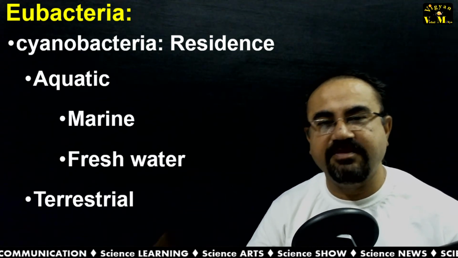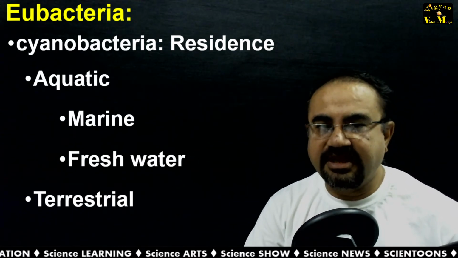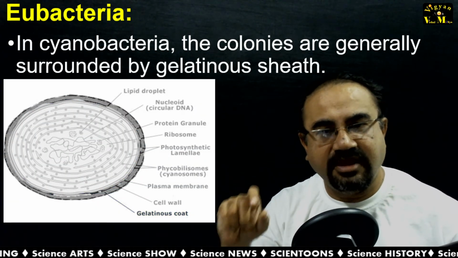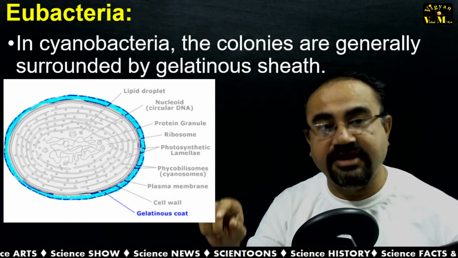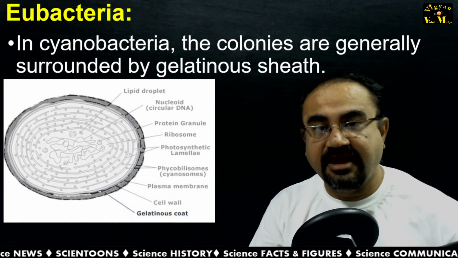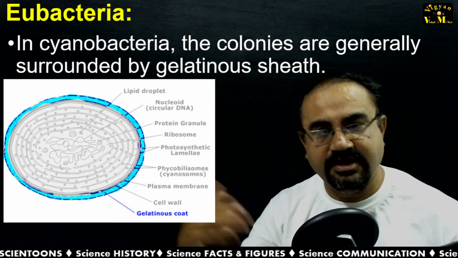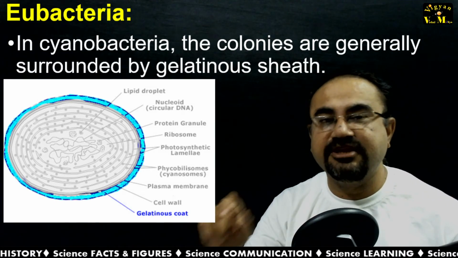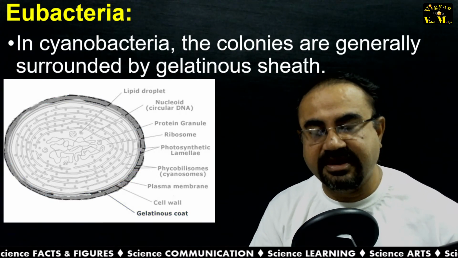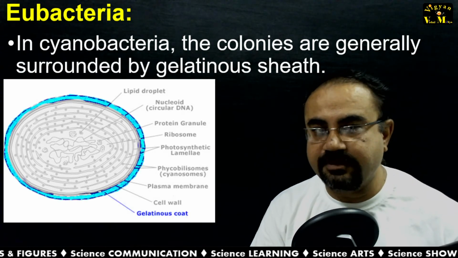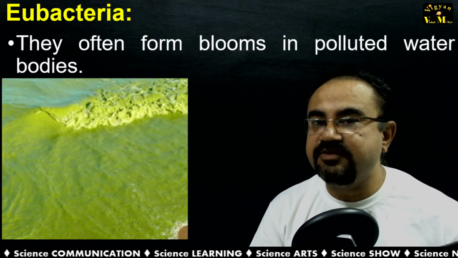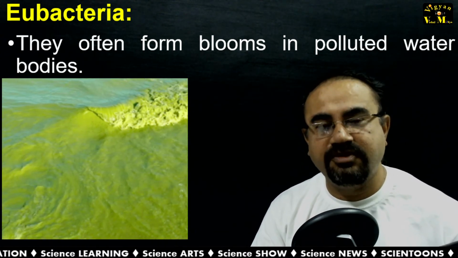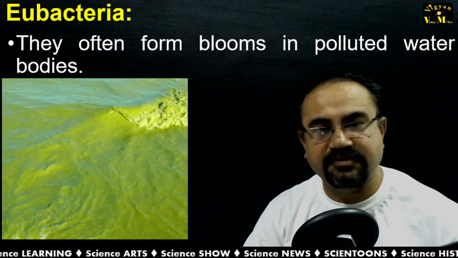Even in the aquatic, they can be marine and they can stay in fresh water also. The cyanobacteria, when they are terrestrial, have colonies surrounded by a gelatinous sheath, and this gelatinous sheath, even in the water form, you can find it. It helps them in resisting the hazardous environment, and the gelatinous sheath is there for protection. Many a time we can see water bloom, and this water bloom in polluted water is because of the presence of